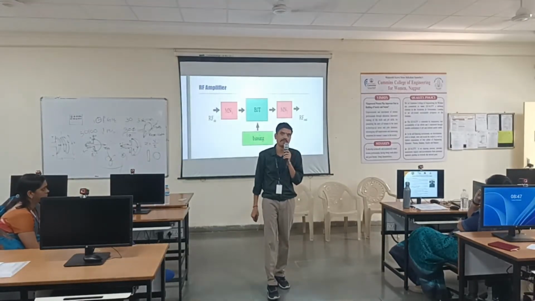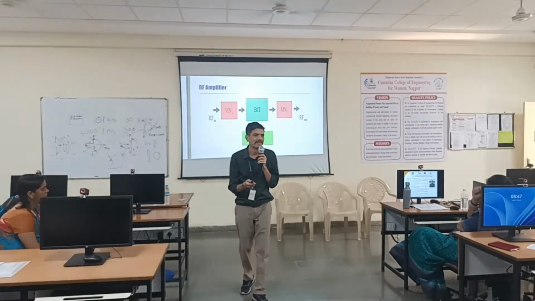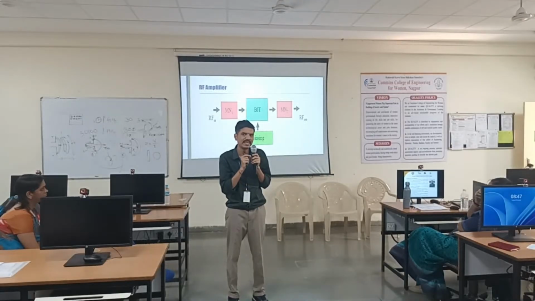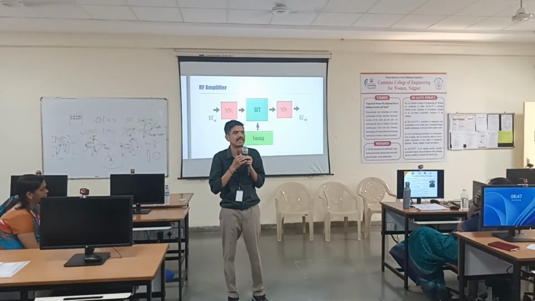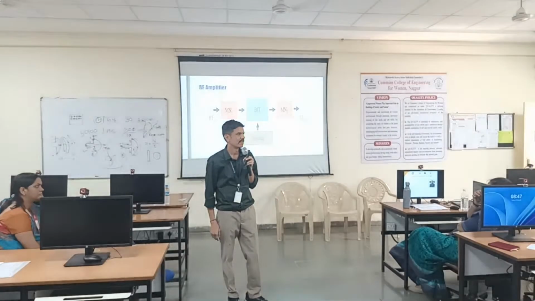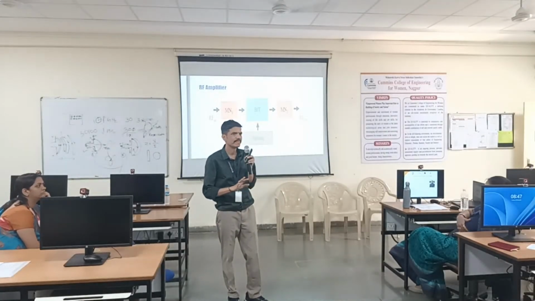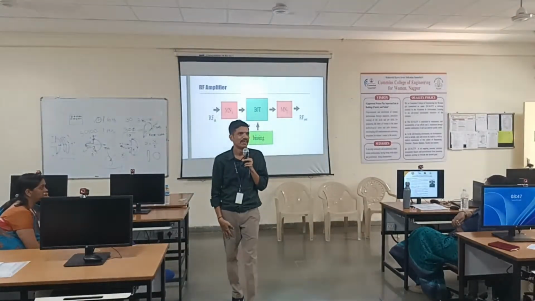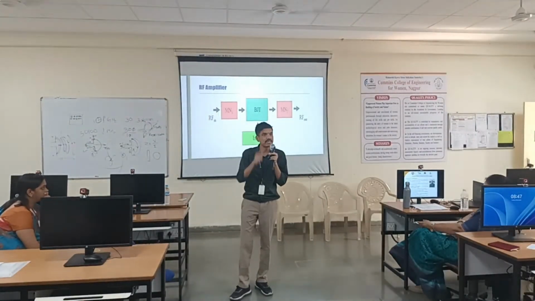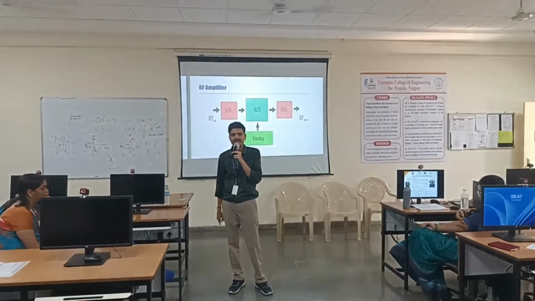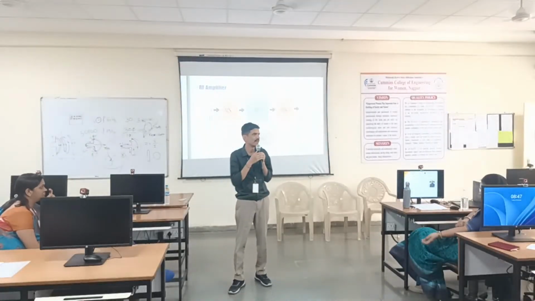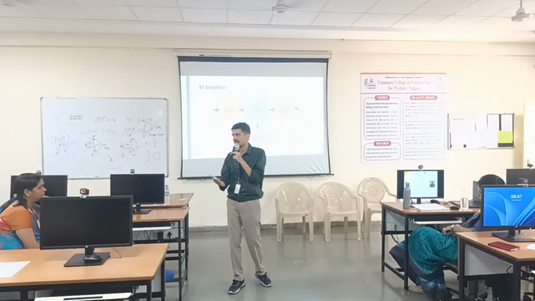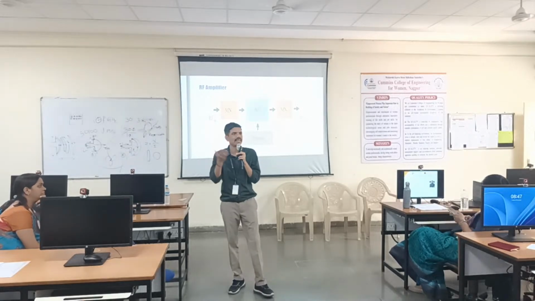But what I am trying to make apparent to all the people sitting here is that we are doing a simple thing. We are just matching 50 with some complex impedance. So how can we do that? Let's say you have 10 plus j10. Can you match 50 with 10 plus j10? Again, both answers are valid. Yes or no? If you say yes, then how do we match? You first have to cancel out the reactive part. What is the reactive part? Plus j10. How do you cancel it out? You have to add minus j10. Then only plus j10 minus j10 will cancel out.